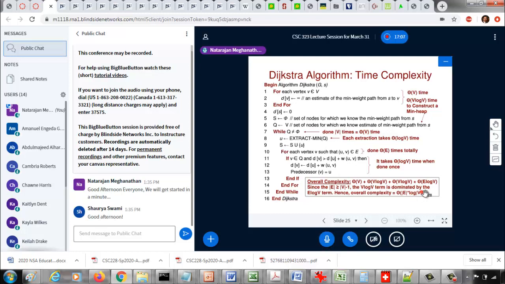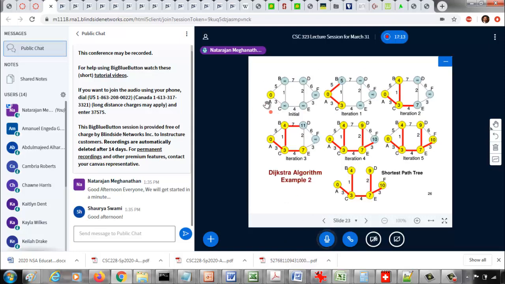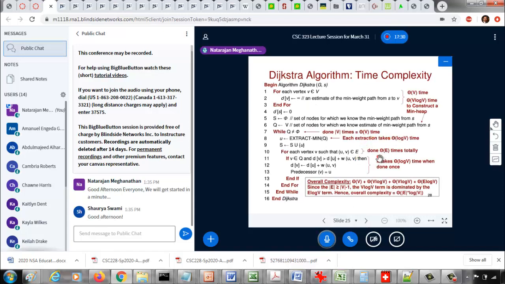We are not relaxing each edge for each iteration. For each iteration, you're just relaxing the neighbors of a vertex. But when you put together all the edges considered across all the iterations, we are relaxing all the edges in the graph. So E is the total number of edges going through relaxation across all the iterations put together, and E log V is the time complexity of relaxing, changing the estimated path weight and reheapifying the heap. Put together, all these time complexities give V log V